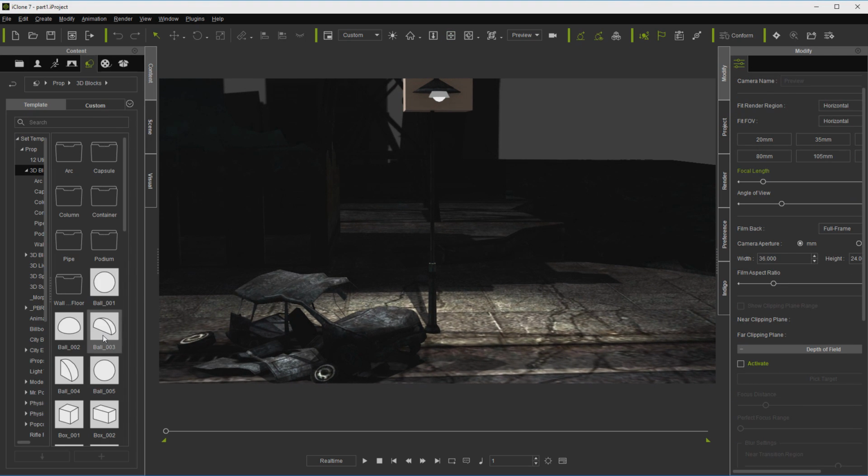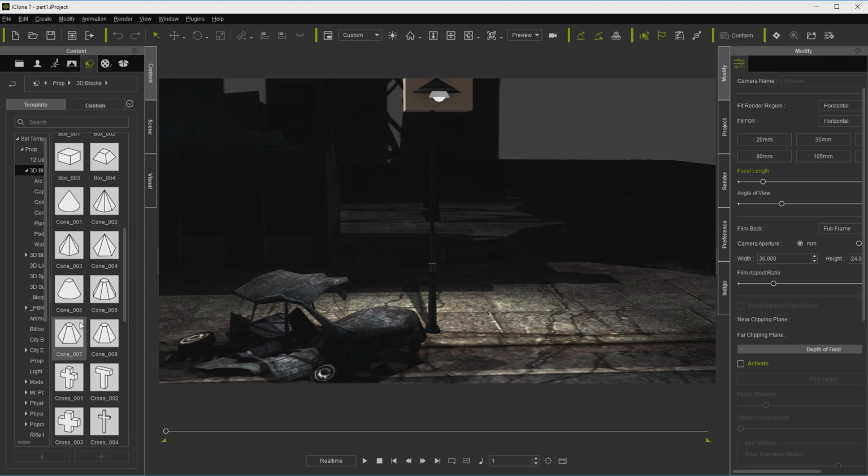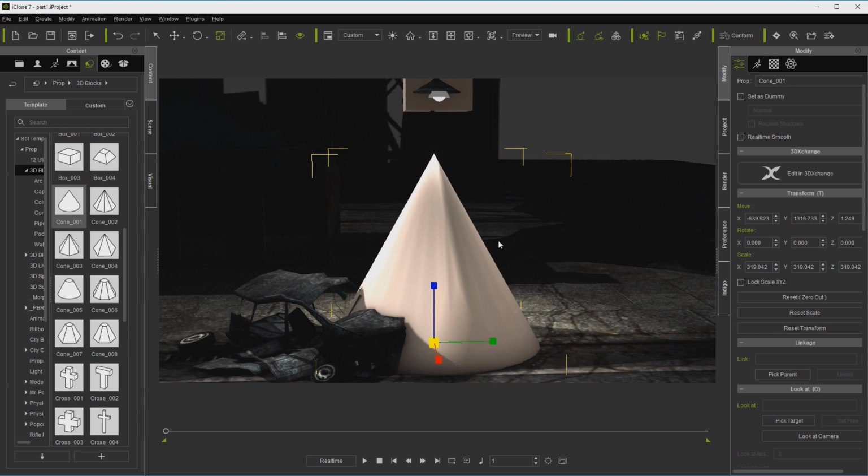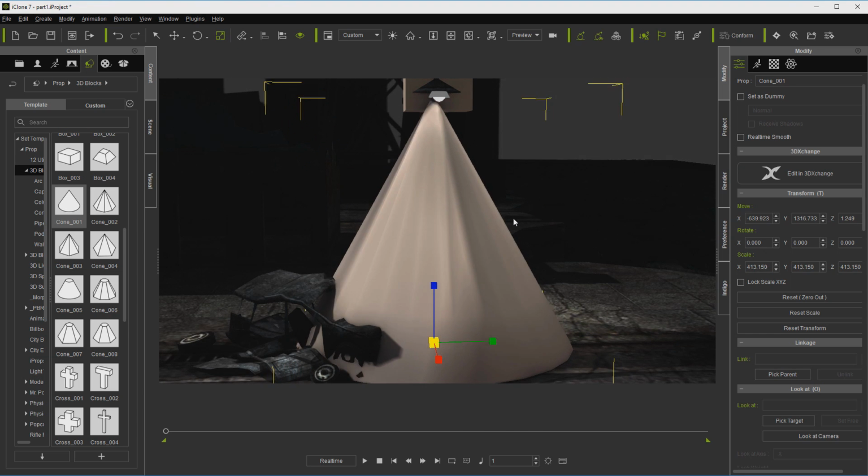And now that gets us just our spotlight part as far as actual lighting it up. Now let's go get us a cone primitive, 3D block. You might be tempted to use a cone like this that has a flat top, but sometimes you'll find that once you size the top of it, the bottom's not the right size. So I usually start off with just the regular cone. I'm going to drag it in. And I usually also start by sizing it as far as overall scale first.